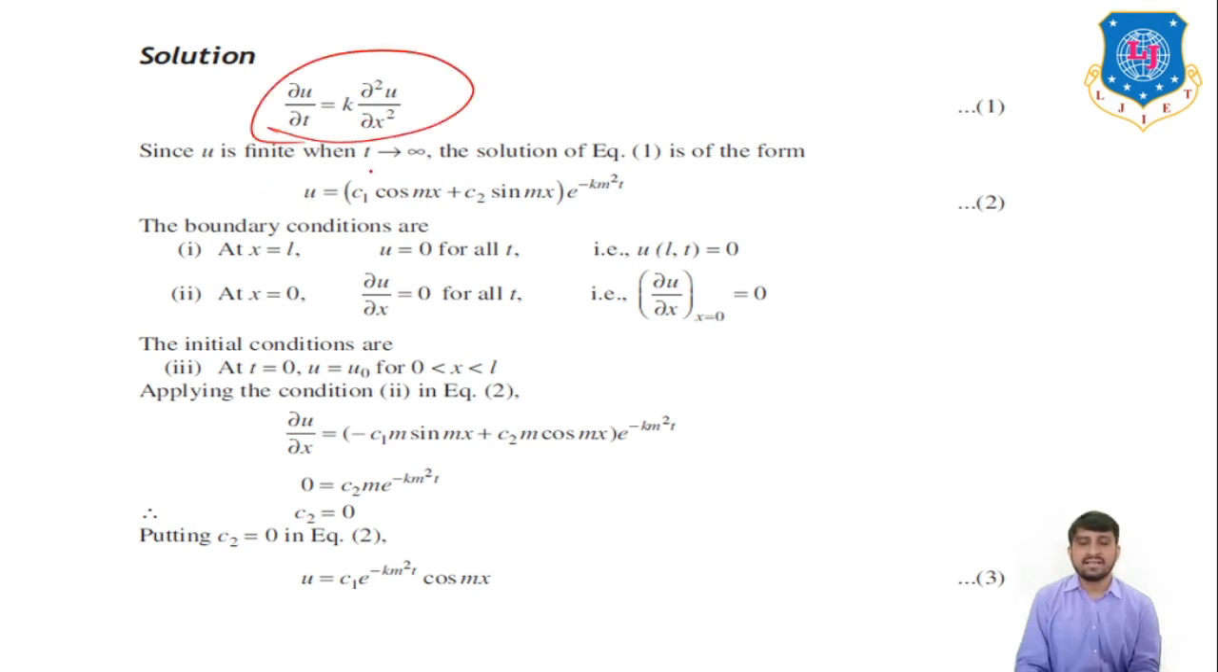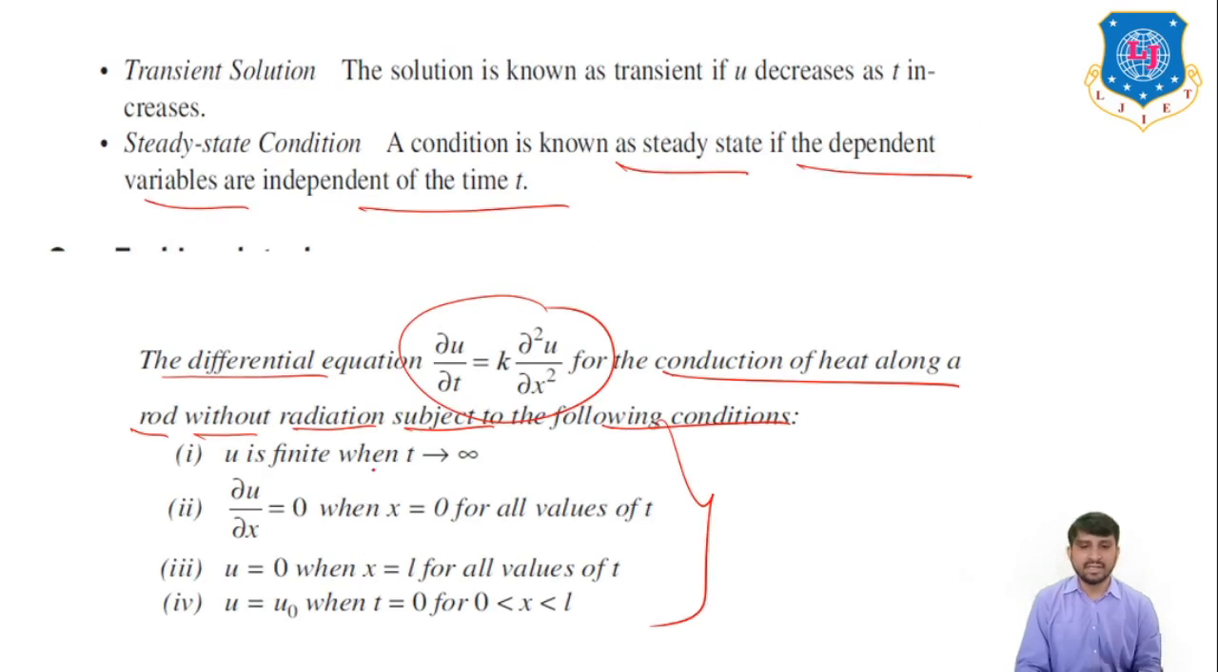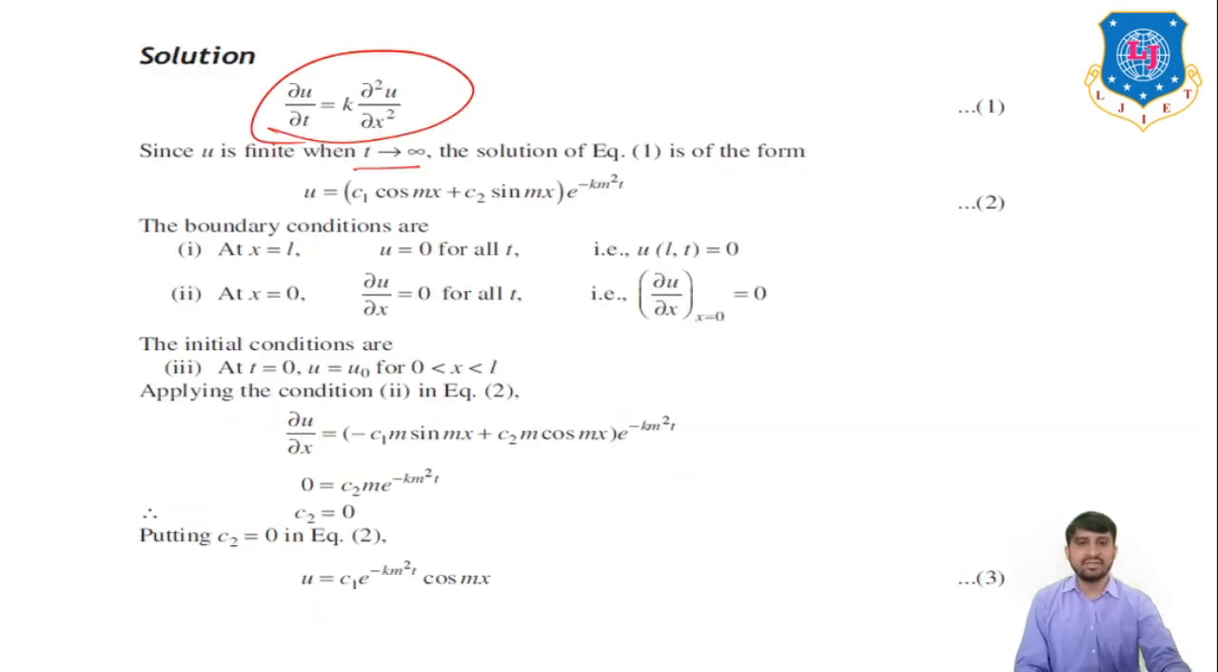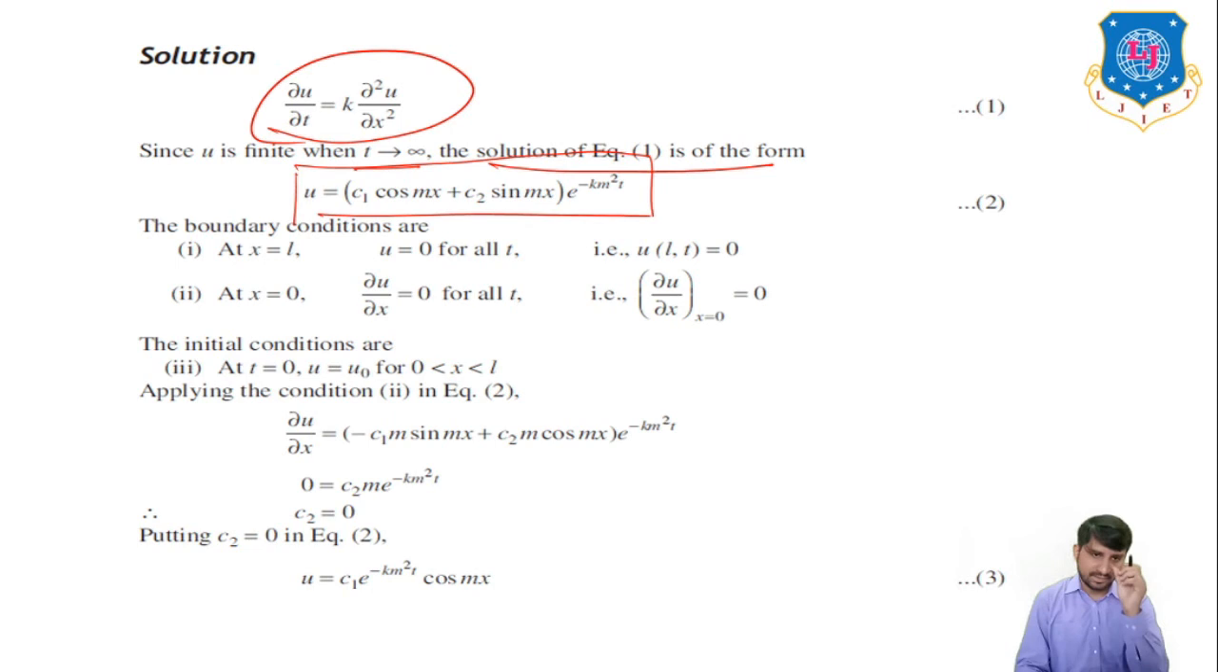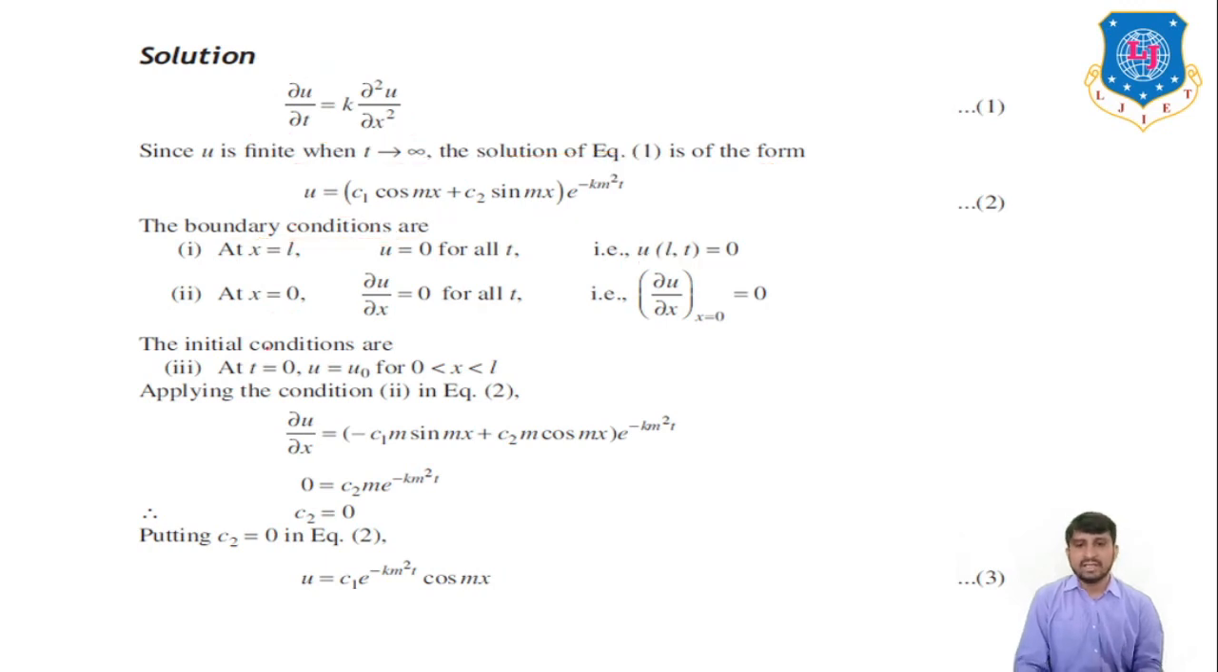Okay, and since u is finite when t tends to infinity, that is already given, right? u is finite when t tends to infinity. So the solution of equation 1 is found: u is equal to (c1 cos mx plus c2 sin mx) into e raised to minus k m square t. And the boundary conditions are at x equal to L, u equal to 0 for all t, and at x equal to 0, del u by del x is equal to 0. Okay, so the initial condition is at t equal to 0, u equal to u0 for 0 less than x